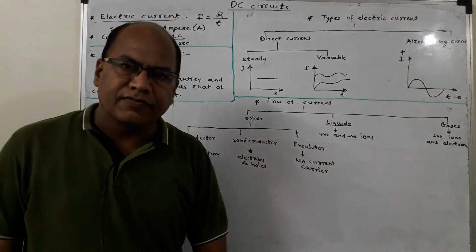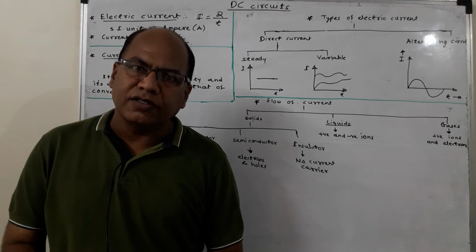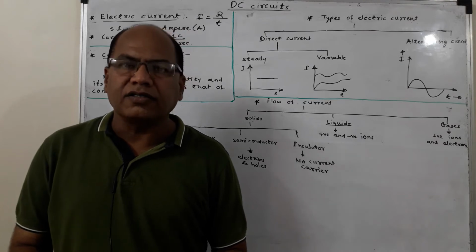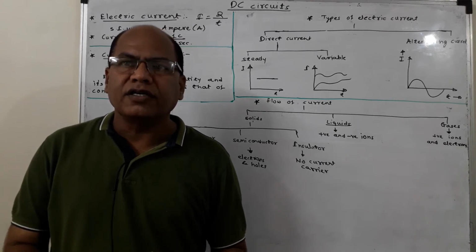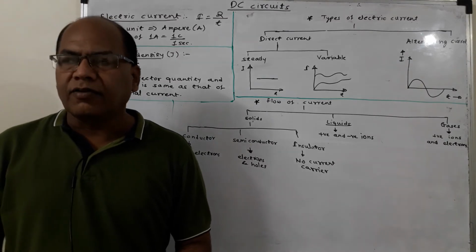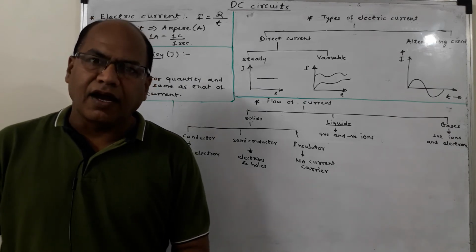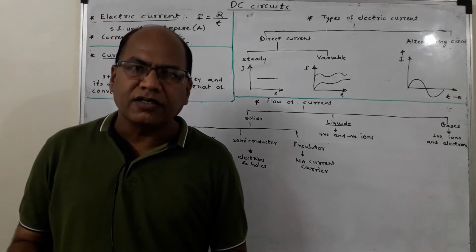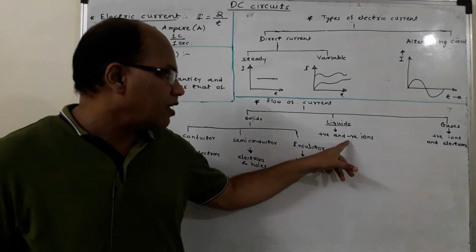Now liquids. Some of the liquids which allow the current to pass through them and which dissociate into positive and negative ions are called electrolytes. So electrolytes are the liquids which dissociate into positive and negative ions, and these ions can move inside the liquid when an external electric field is applied to it, and the current can flow inside the liquid also, which is because of dissociation into positive and negative ions. So positive and negative ions are called current carriers in case of liquids.